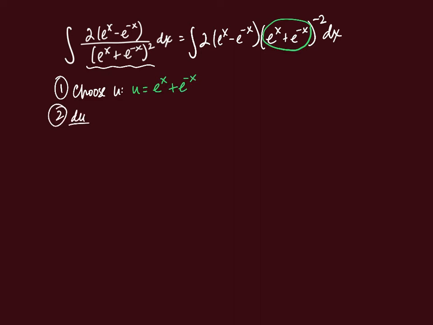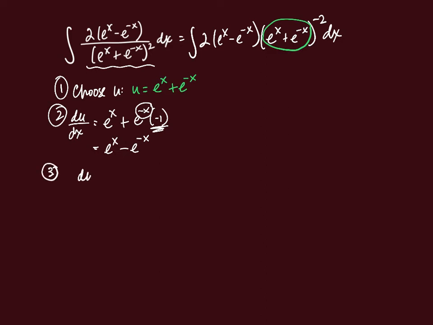So its derivative is, derivative of e to the x is e to the x, plus the derivative of e to the negative x is e to the negative x times negative 1. The derivative of the exponent is negative 1. So this is, in fact, e to the x minus e to the negative x. Aha! See, that's what I was saying. Its derivative is there in the problem.